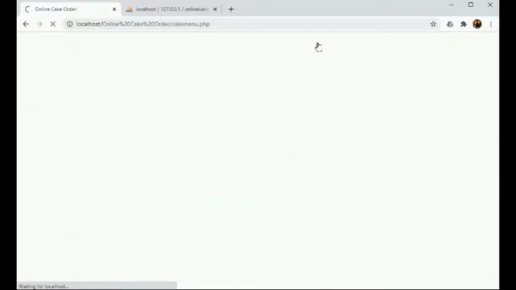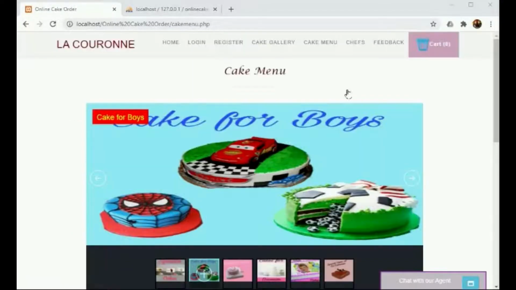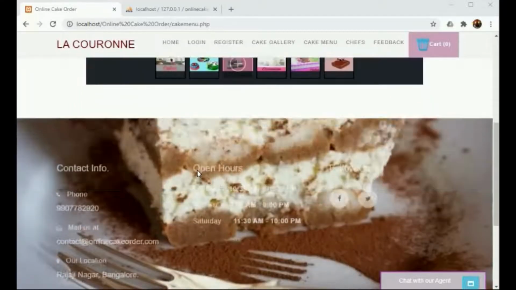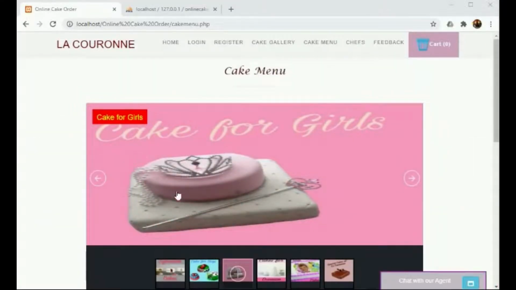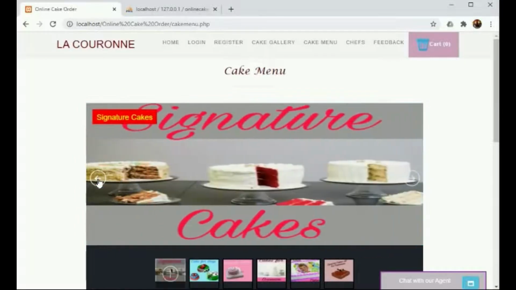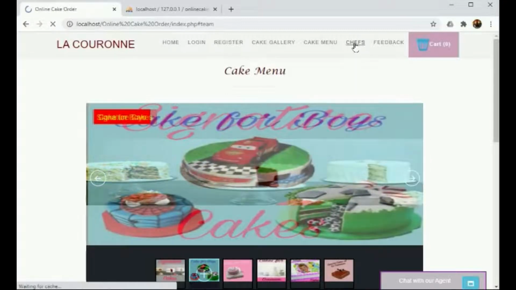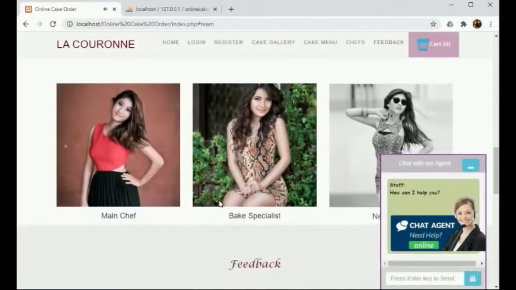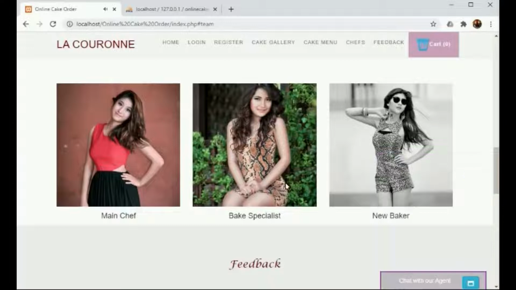We can see the cake menu where the list of cakes can be viewed. We can see various categories. Under chefs panel, the chefs who work in the company can be viewed, and their designations can also be viewed.